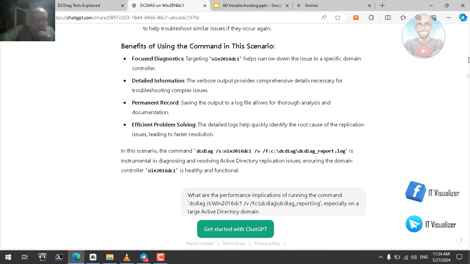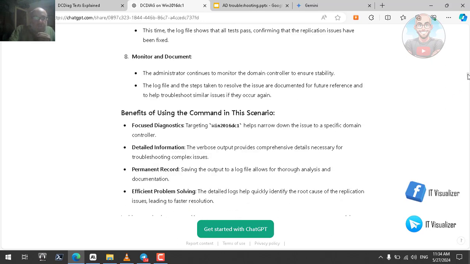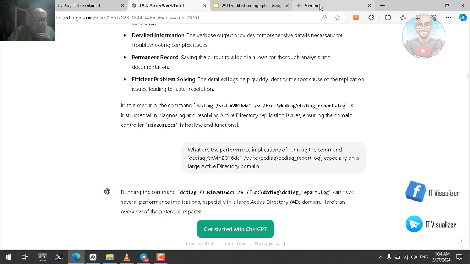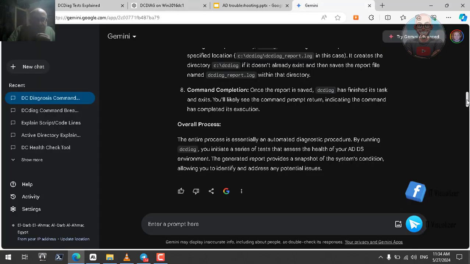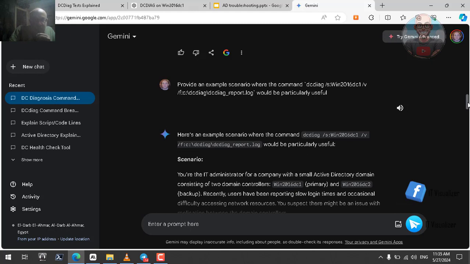So you can modify the prompt to give you the solution or the solution steps. Okay, so this is a very good example to make the answer of the AI more understandable or more convenient. So here, if you go and ask Gemini the same question, it will give us a similar example. I will not repeat it. It is similar to what